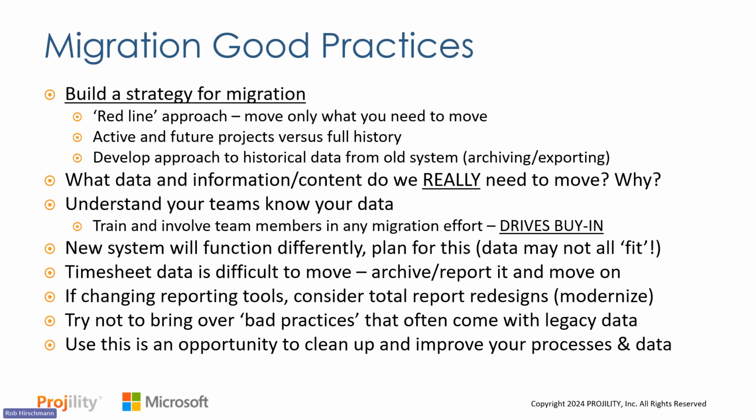Finally, this is a really good opportunity to do some cleanup, to not only clean up your data, but rethink some of your processes and how you do things in terms of how you start a project, how you manage it, how you communicate during it, how you report on it, when those things happen by what players, and use this as a redesign opportunity or a modernization opportunity, so you don't go in from one system that has bad data into another one that has bad data. You want good data you can rely on to drive business decision making. So really think about using this as a really good cleanup opportunity. And those are really some migration good practices if you are thinking about coming onto a Microsoft platform from another